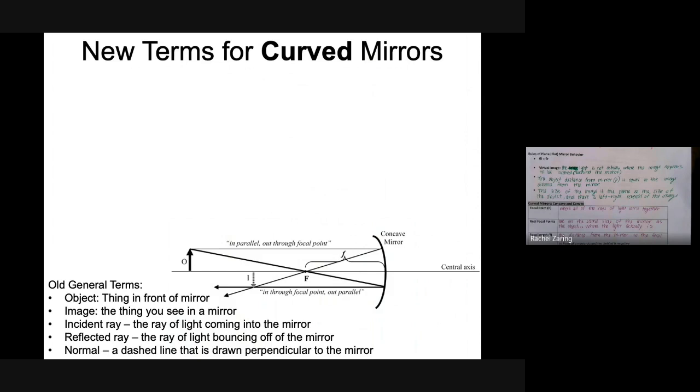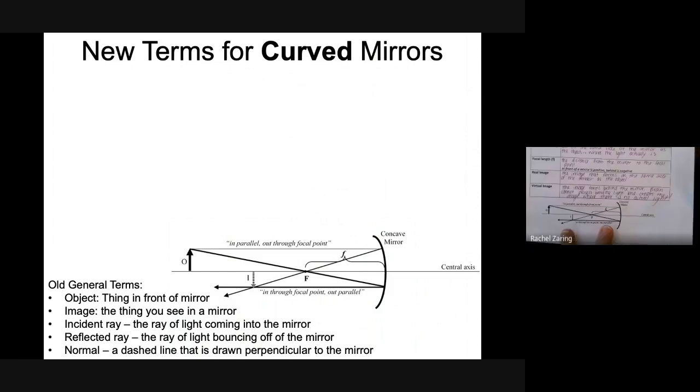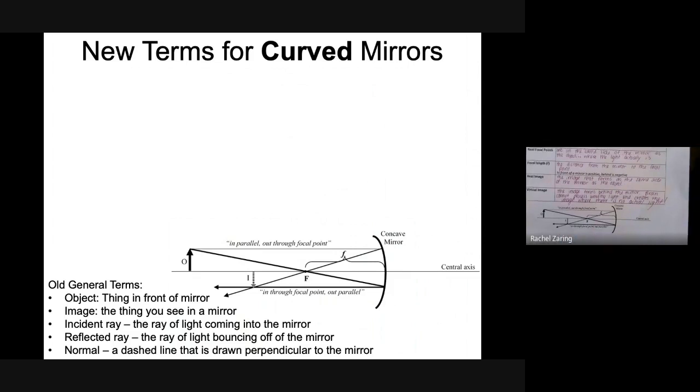So now what we're going to start to look at this week and investigate in the real world are curved mirrors. There are two types of curved mirrors. One is concave and one is convex. We're going to start by looking at curved mirrors in general, their focal points, or excuse me, their vocabulary